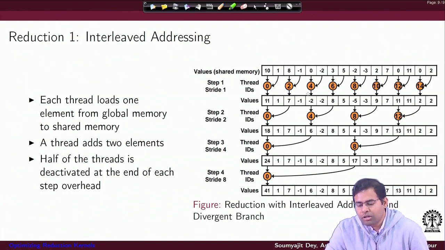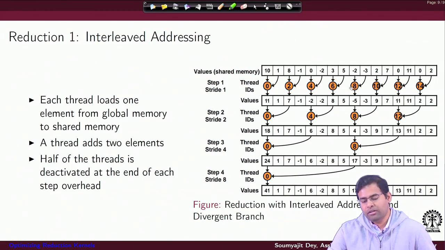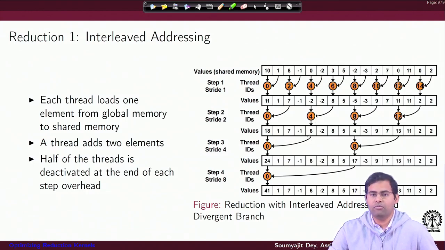Now this doesn't look very bad here, but consider a large number of warps working for a big thread block. That would mean inside each warp you have half of the threads not doing the addition at this level, and again half of the threads not doing anything here. Try and understand there is a difference between the situation that you have half of the threads going inactive and half of the threads inside a warp going inactive.